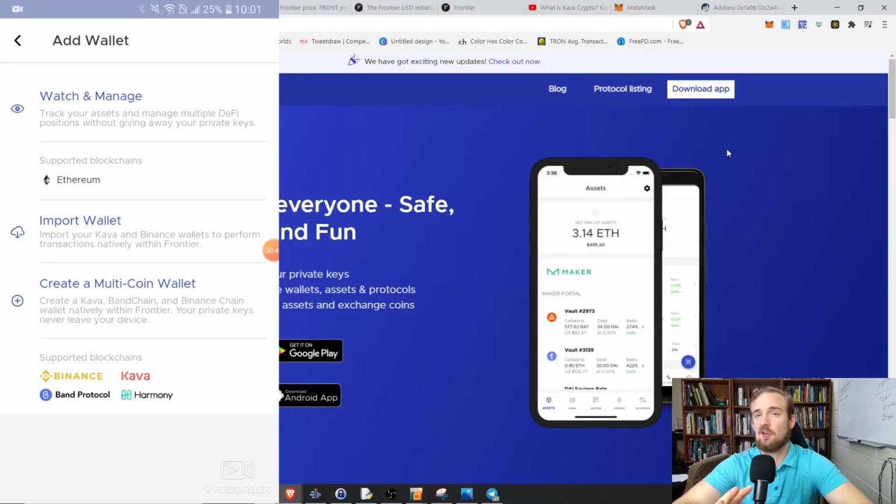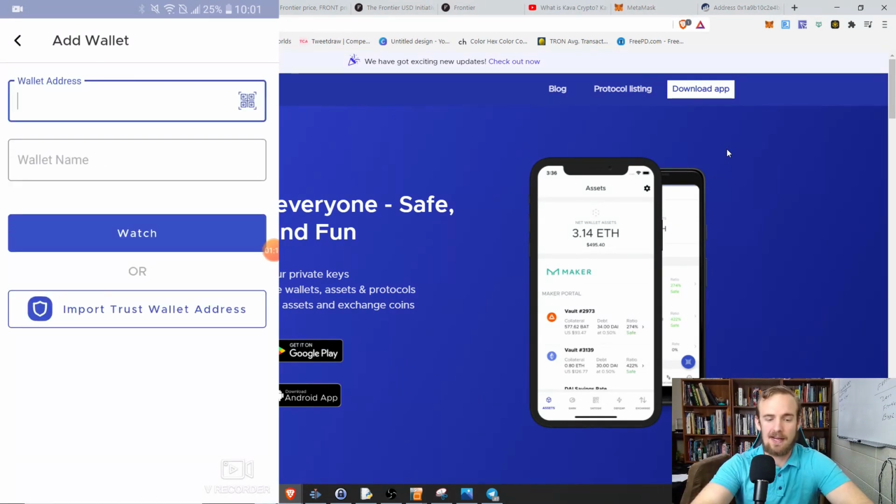Now, right here on the starting screen, you see we've got a couple different options, and the cool thing that I want to show you is that we do not actually even have to create a wallet simply to watch an address. So right now they have a watch and manage feature for the Ethereum blockchain. So let's suppose that I have an Ethereum address, or maybe I have several. Maybe I have one when I was getting started, one that I use for work, and I want to manage all of those. I can simply watch and manage all of my open positions simply by clicking on the watch